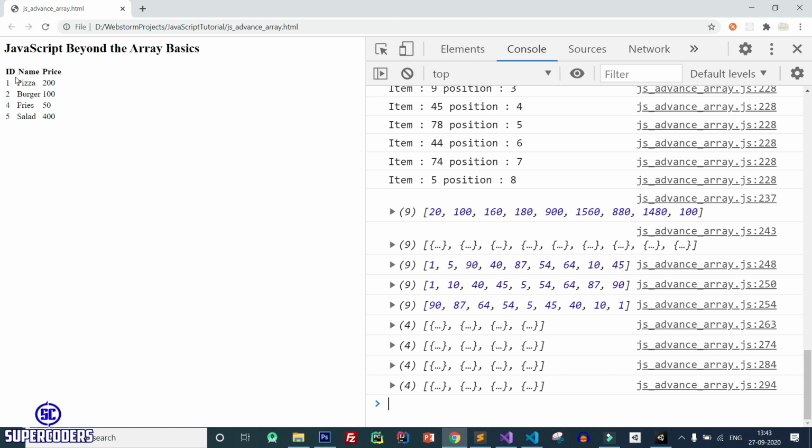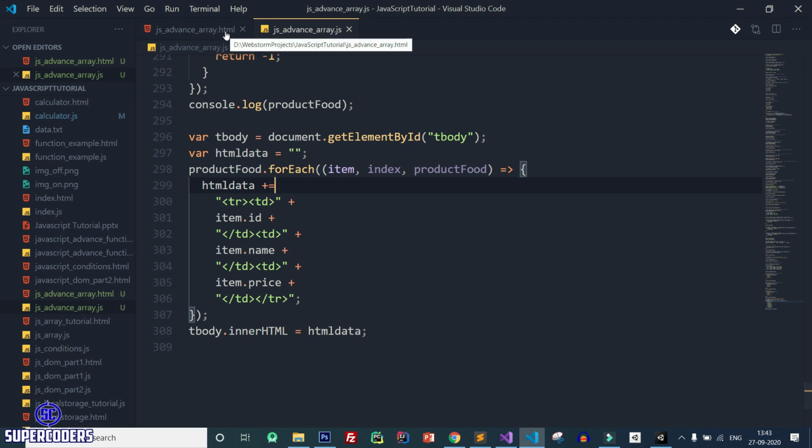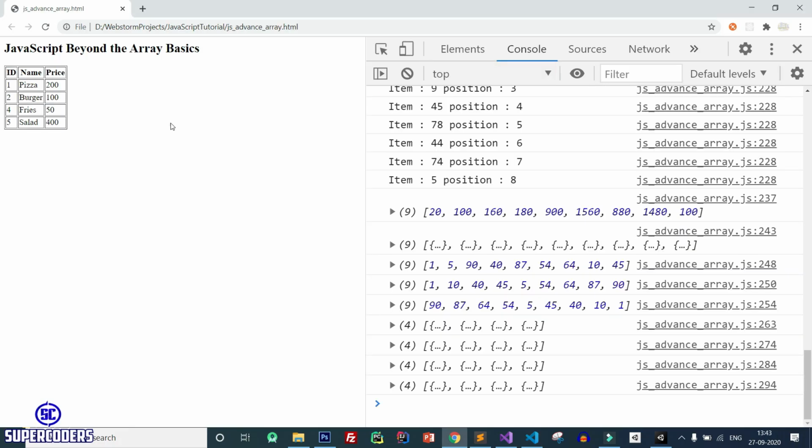But now let's work on sorting way. If I click on ID, it gets sorted in reverse or ascending or descending order. So let's see how we can sort this data. So back to VS Code, and here first open this page and let's copy this ID. Also add a table, border equal to 1. Save it. Now it looks perfect.